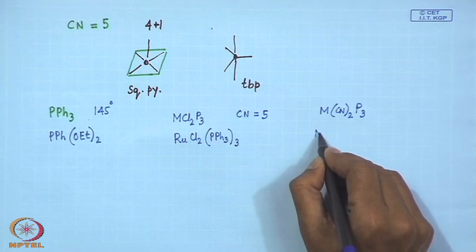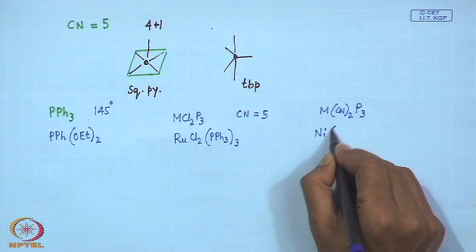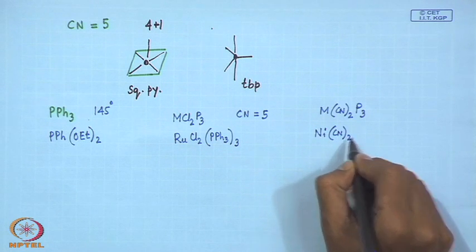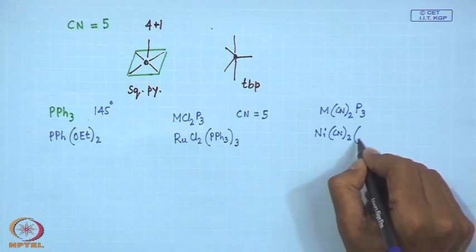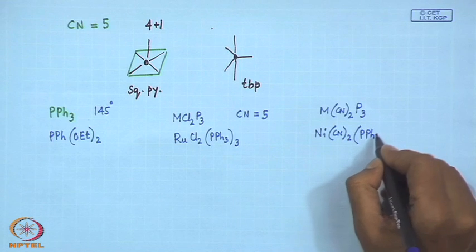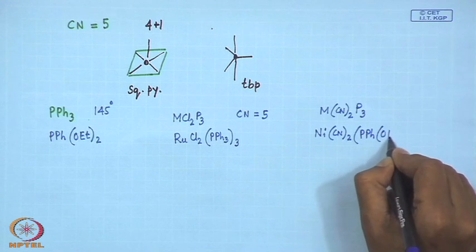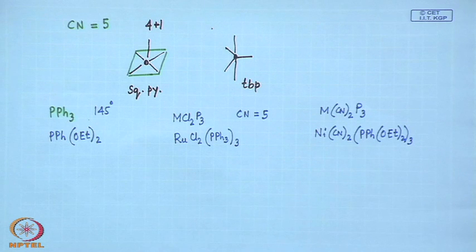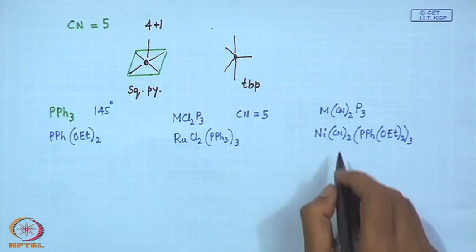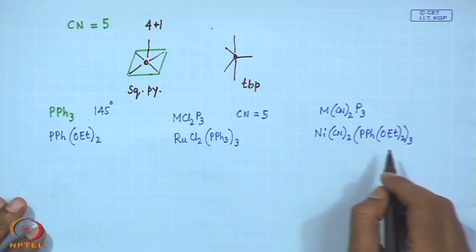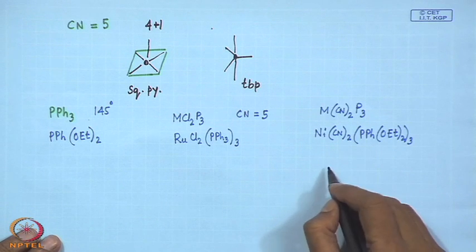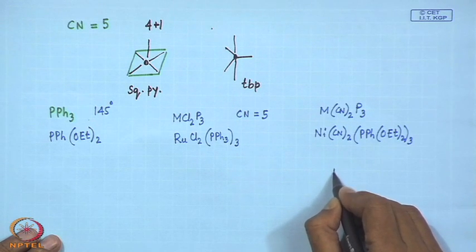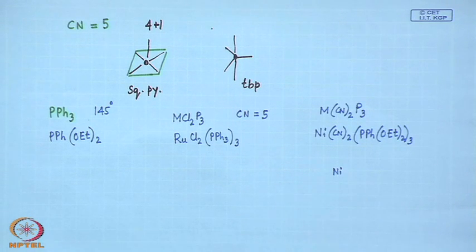and this we are getting, NiCN2 PPh(OEt)2 whole 3. So, this basically gives us an important geometry of the nickel center, where we find that,